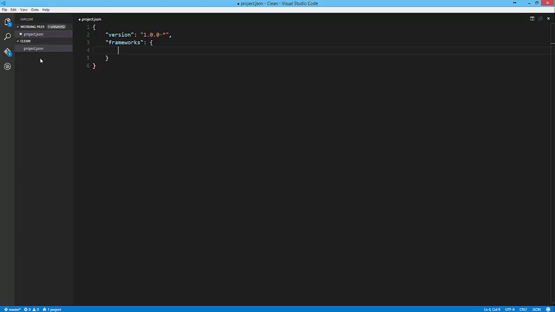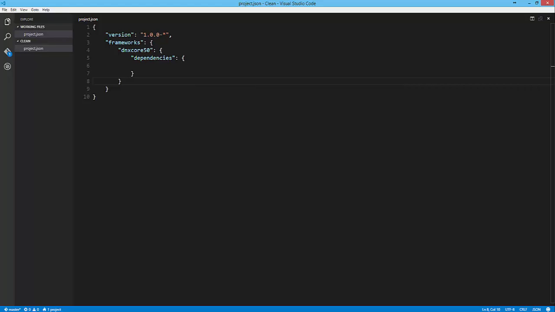In this case, I want to target the .NET Core, so I will say DNX Core 5.0, and I will leave the dependencies open for now. But just to also prove a point here, you can specify more than one framework. For instance, you can say DNX 451, and it will go ahead and compile it for the full framework as well. But in this case, we just want to be able to compile for the .NET Core.